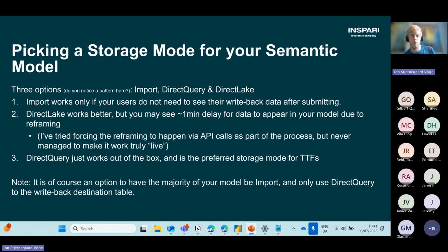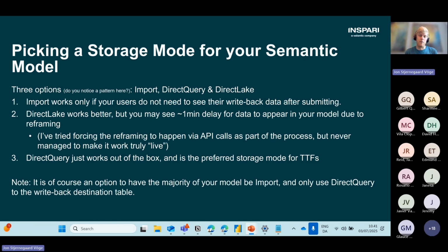There are 3 options, right? We know those: import, DirectQuery, and Direct Lake. How does each of these models allow us to do translytical task flows? Well, import works, but whatever data we create with our translytical task flow will not show up in our semantic model until the import refresh has completed. It's technically possible to trigger our import model refresh as the final step in our user data function. And if your refresh only takes seconds,